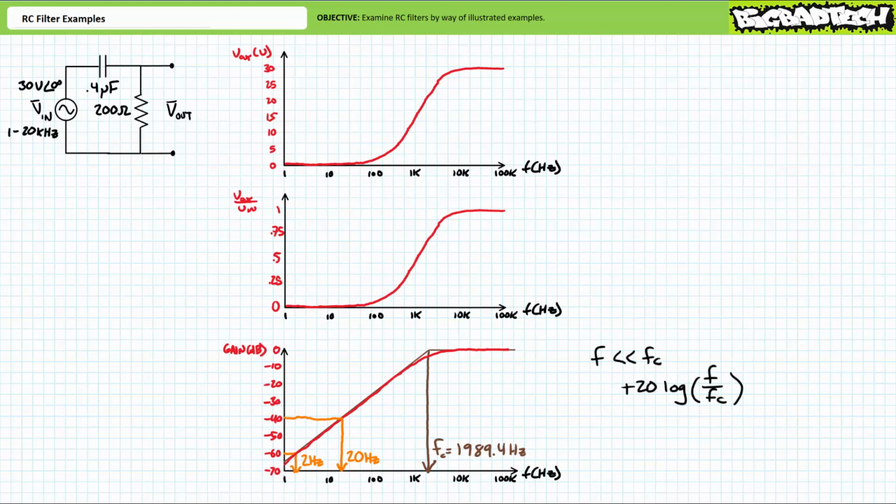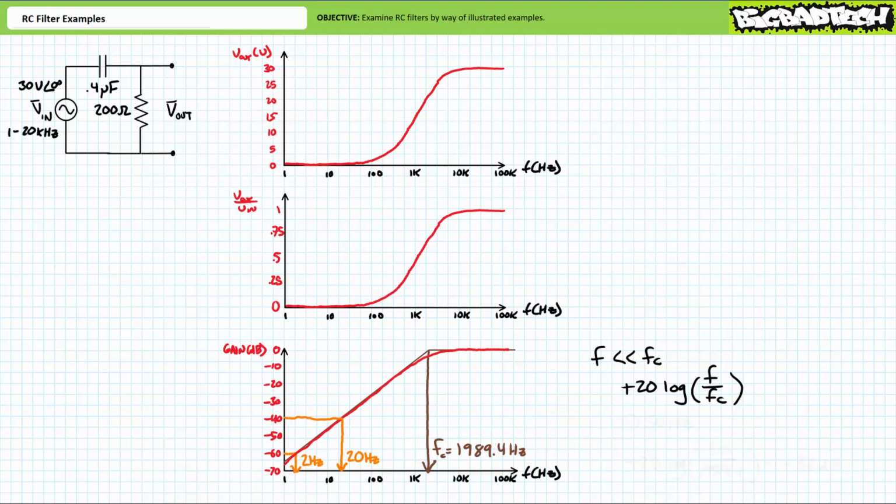In fact, for frequencies below 1/10 the critical frequency, i.e. less than about 200 Hz for this particular example, there's a shortcut means of calculating gain given the small difference between the straight line approximation and the actual response. The shortcut method doesn't necessitate circuit analysis, but rather a simple formula which states gain in units of decibels will be equal to positive 20 times the common log of the frequency of interest over the critical frequency. Note we're using a positive sign in front of the 20 because we're dealing with a positive or rising slope